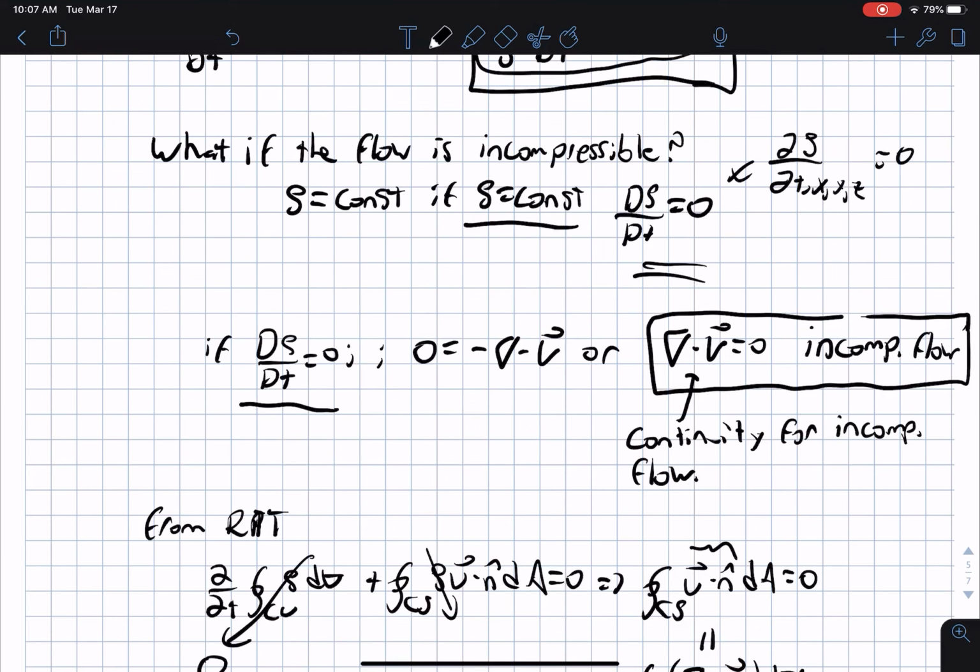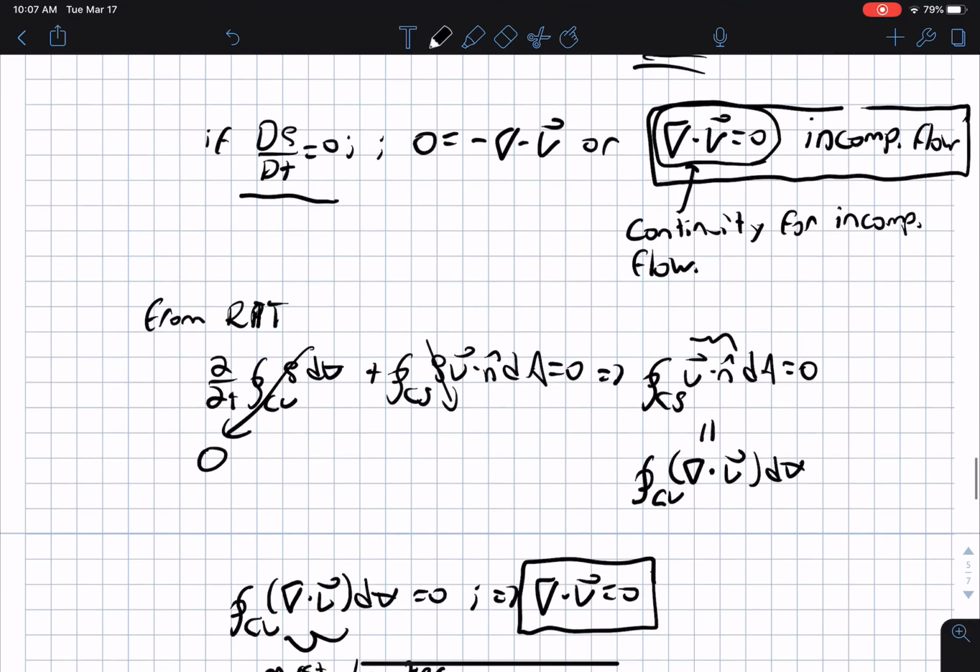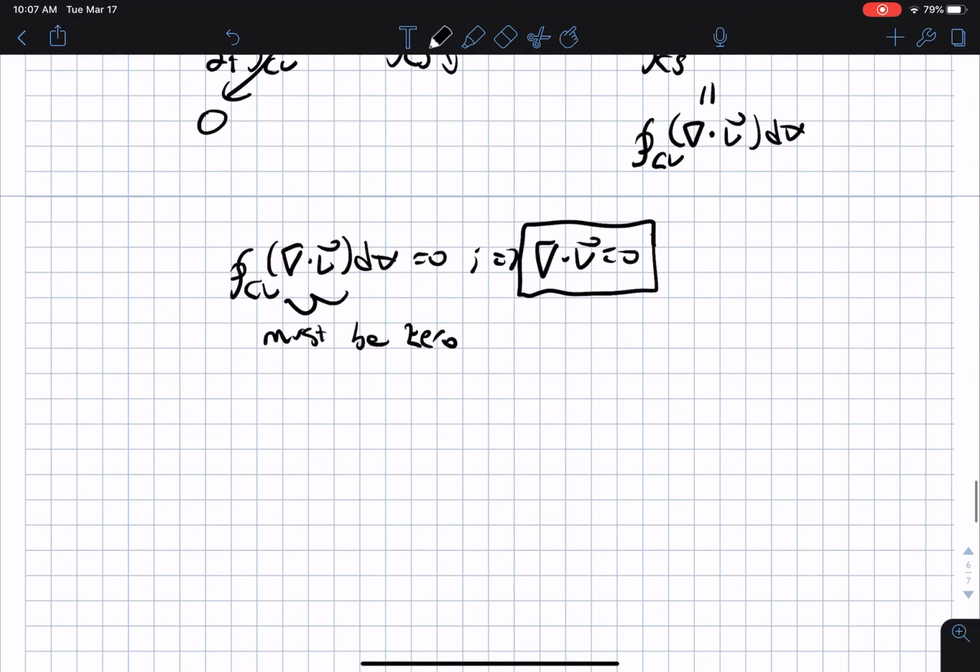Okay, and so the true condition for incompressibility is simply that the velocity field is divergence free. And again, this here is valid for incompressible